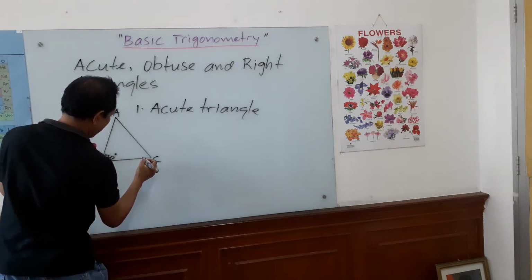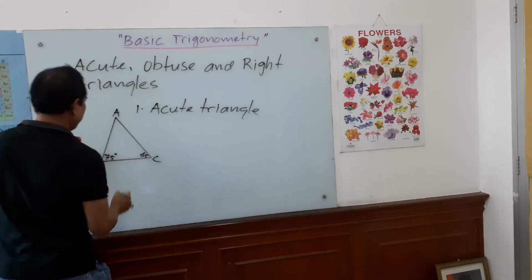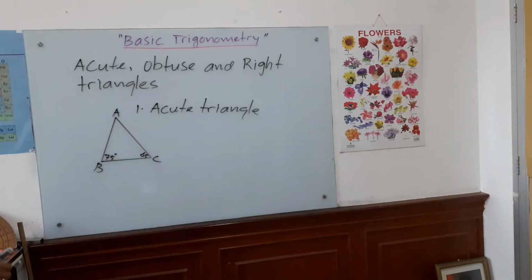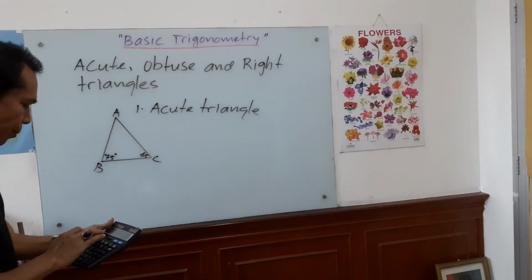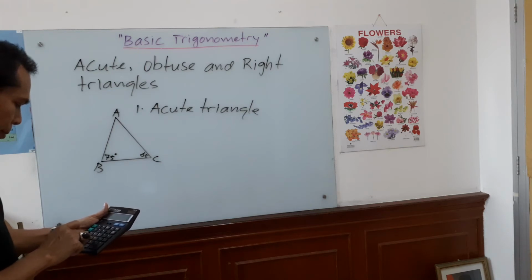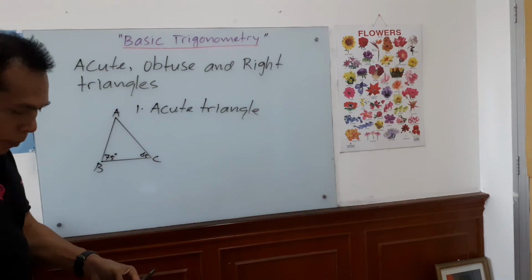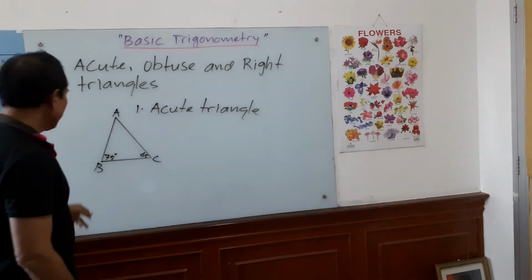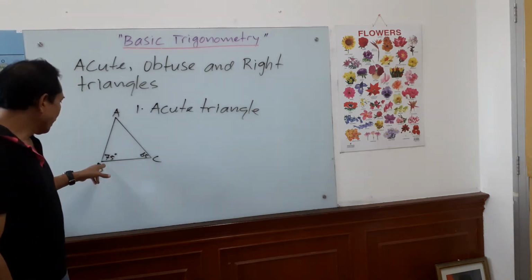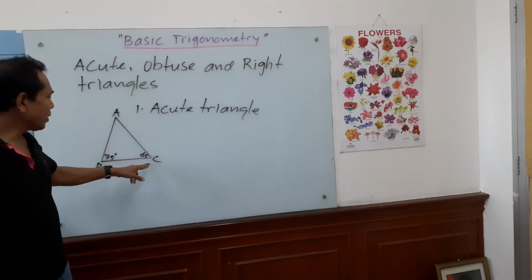This is 65. Okay. Here, B, we have 75 degrees, and C, we have